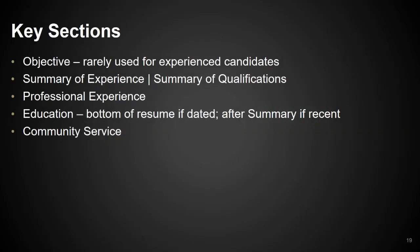So sections, an objective, rarely used for experienced candidates. What we'll be talking about mostly is summary of experience or summary of qualifications. The only difference with summary of qualifications is that maybe you don't really have the experience and you're relying on some academic or Coursera or things that you've done. Professional experience, education, where it appears on the resume, bottom of the resume if it's dated, closer to the top